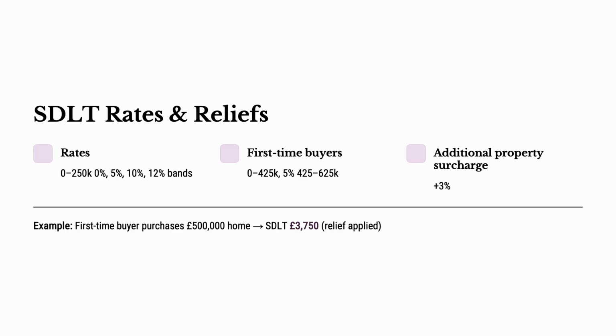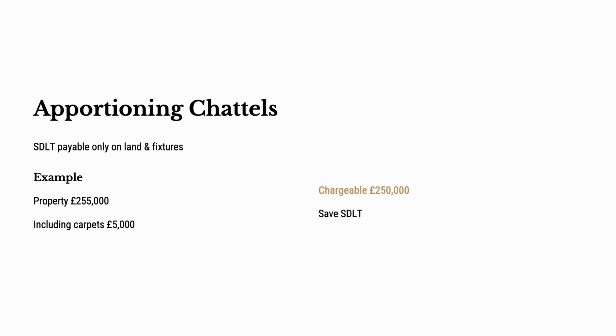Example, a first-time buyer purchases a home for 500,000. They pay 0% on the first 425,000 pounds, then 5% on 75,000 pounds. That's 3,750 pounds SDLT in total. So you get a home for 500,000, you pay the money. Next is